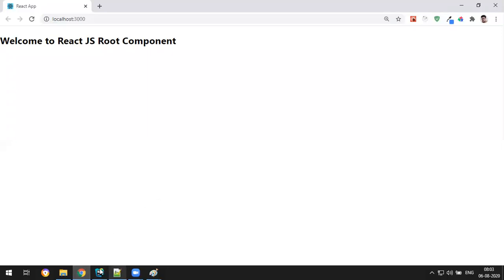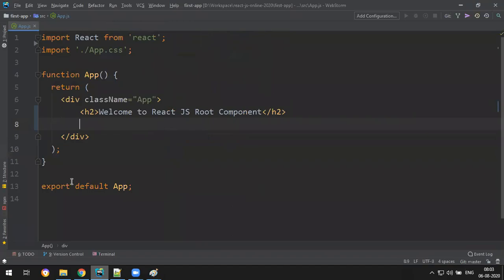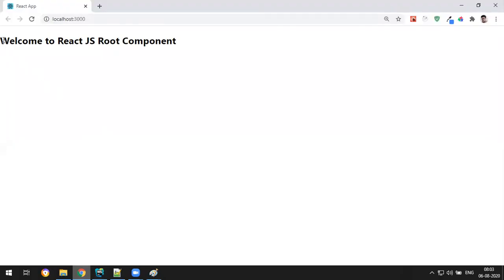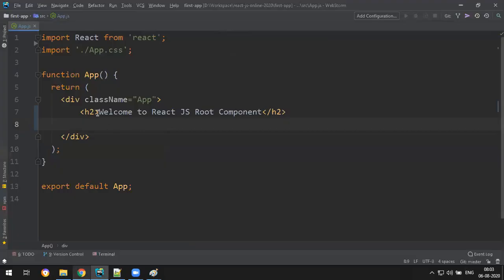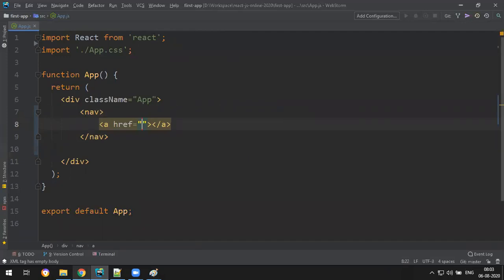Now, I don't want this H2. I want to make a nice nav bar so that I can understand what my concept is. Can I write a nav bar like this? Anchor tag, href with just slash.